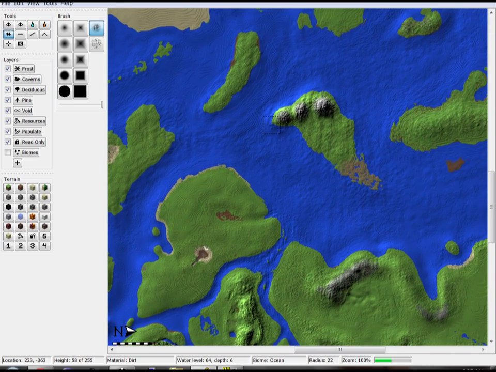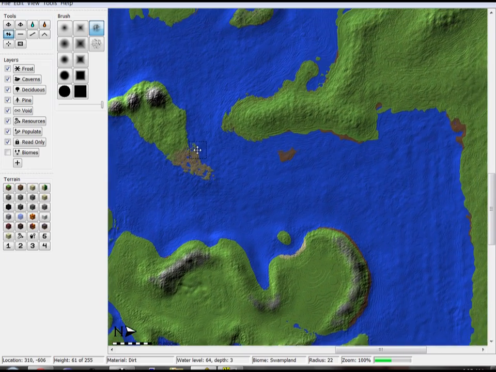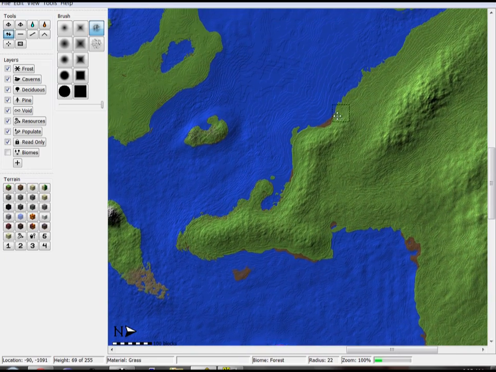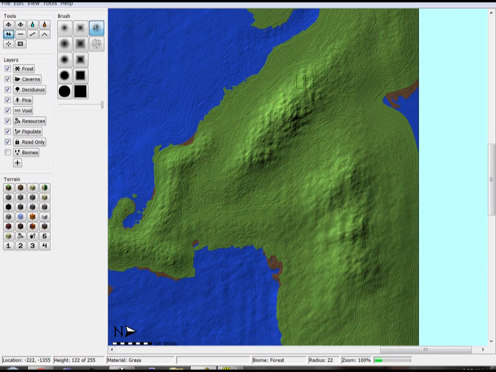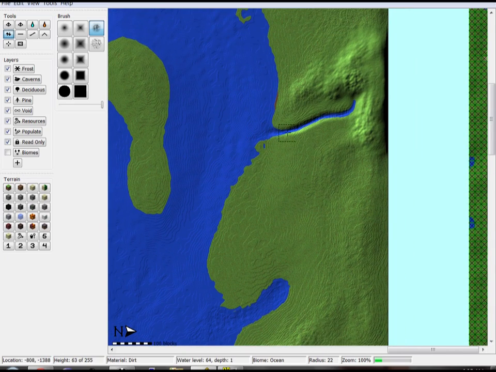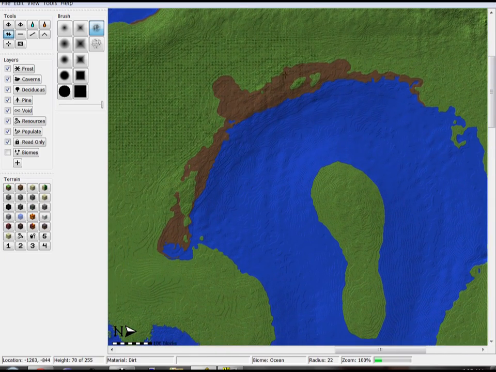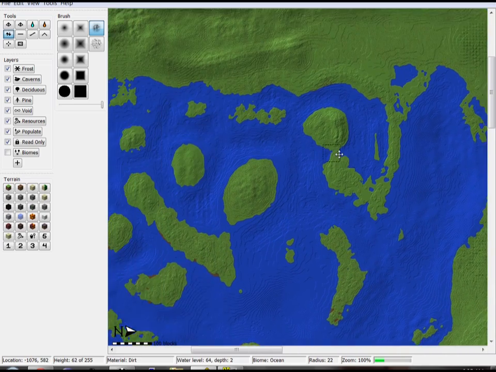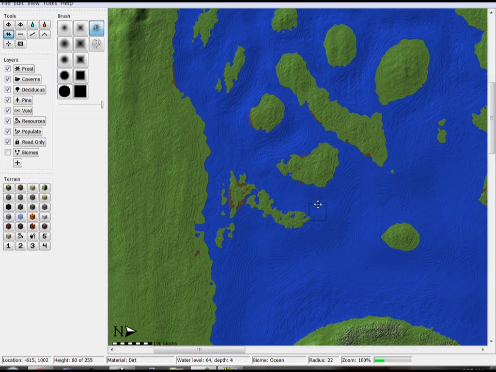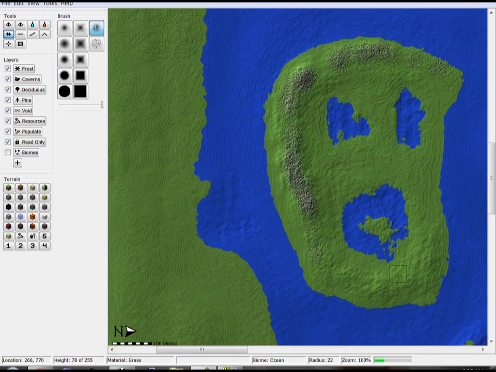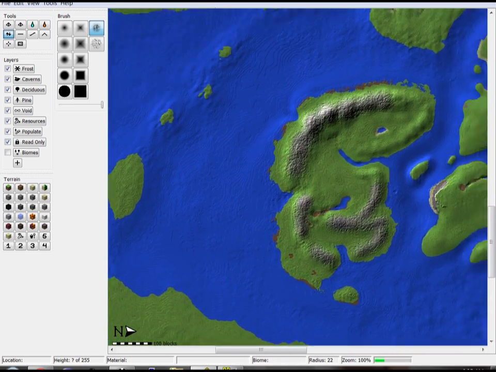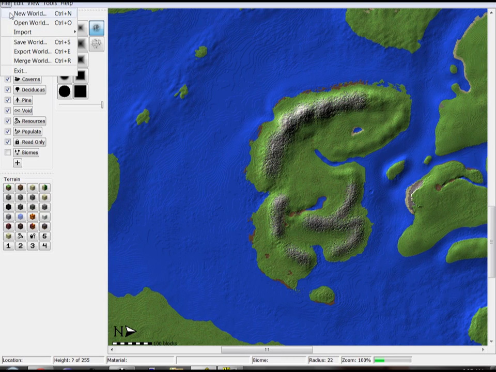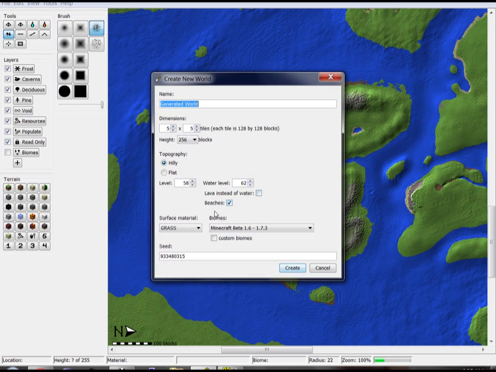I'm putting into this, and this all started basically as flat underwater land. I have mountain ranges and a little river, more mountain ranges. I've been working up here lately, and there's a ton of detail in this, and you can make some pretty nice worlds with this program. So what I'm going to do is we're going to start a new world,